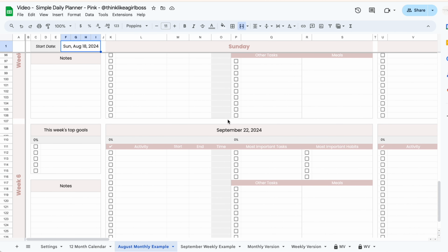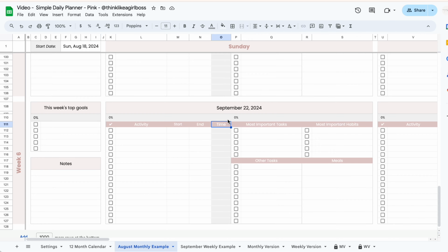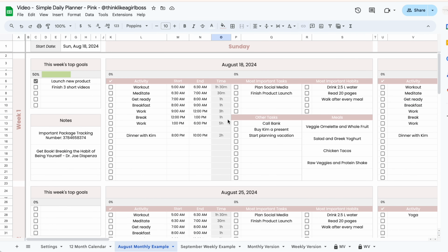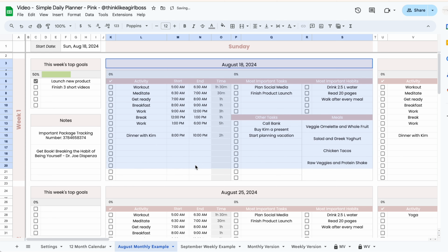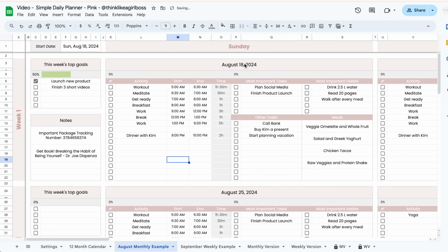As you can see, you can plan up to 6 weeks in one tab, and every single week looks exactly the same. You're gonna start by adding your week's top goals over here. You have some room for notes, and then every single day looks exactly like this one. You get your date that is filled automatically based on the start date, and then you have this section over